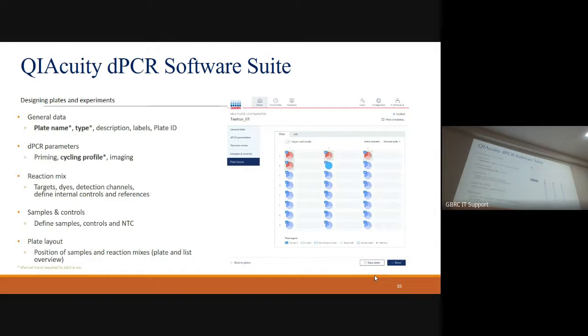So what is the reaction mix? The reaction mix is particularly useful when you have more than one target. Suppose this well has only FAM as a target, and this one has Cy5 as a target. So I will put in a different reaction mix that contains a different fluorophore. Even in a single reaction mix, you can use 5 targets or 5 fluorophores.